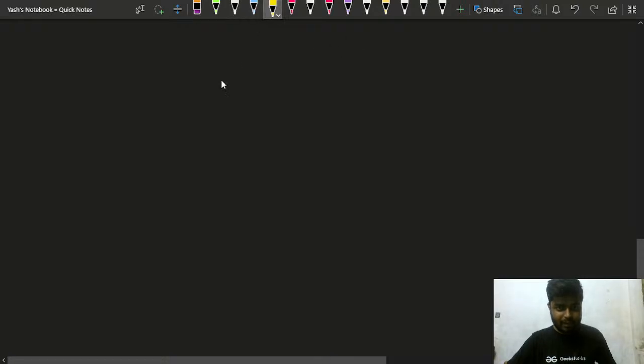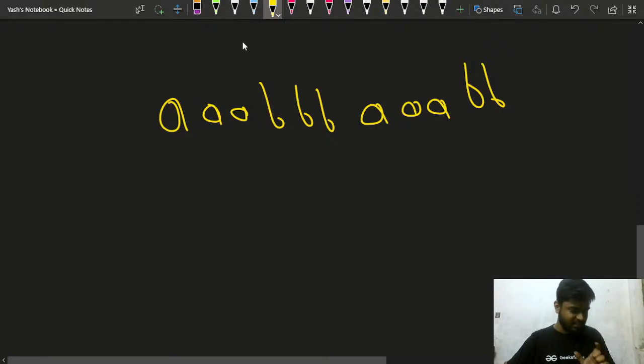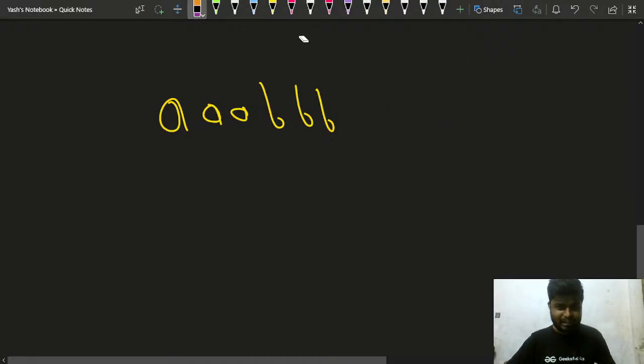So if you see this part, you have some A's, then you have some B's, then you have these A's, right? Suppose this is the case. If you have B's as well, then the count of A's and the count of B's will be the same. In that case, if the contiguous segments of A's and B's are the same, the minimum will be 2 only. But suppose this case is there, so in that case what will you do?